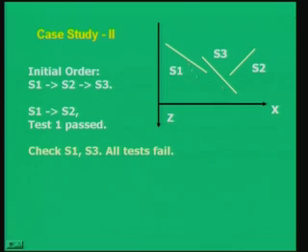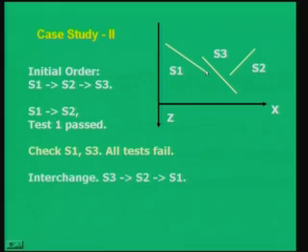Because if you want to draw S1 and then S3, we typically assume that S1 is completely behind S3, and similarly S3 should be completely in front of S1, which is also not true. If you extrapolate these lines, you will see that they intersect, and hence for S1 and S3 all tests will be failing, and even the fourth test will fail. So, you need to reorder. Exchange S1 and S3, and you get the new order.